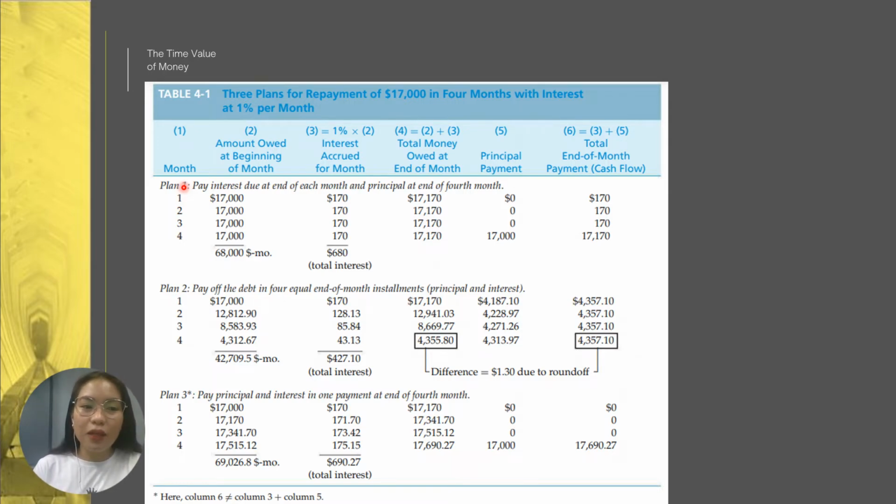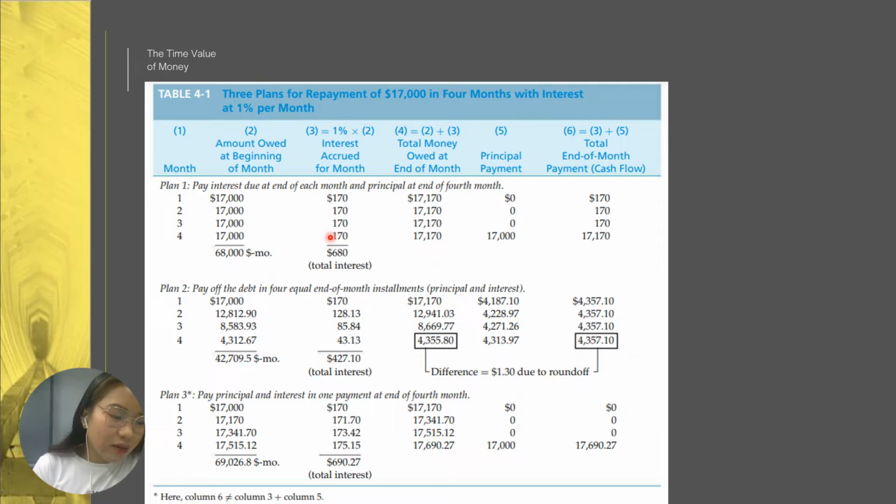So the monthly payment of interest, as I mentioned earlier, is 1% interest rate per month on the unpaid balance of the principal. Because interest does not accumulate in plan 1, it is not based on accumulated interest, so there is no compounding interest happening here. Okay, so in table 4-1, for 68,000 dollar-months of borrowing, for example, 17,000 times 4, we get 680 total interest. Therefore, to check that the interest rate is indeed 1%, it is equivalent to